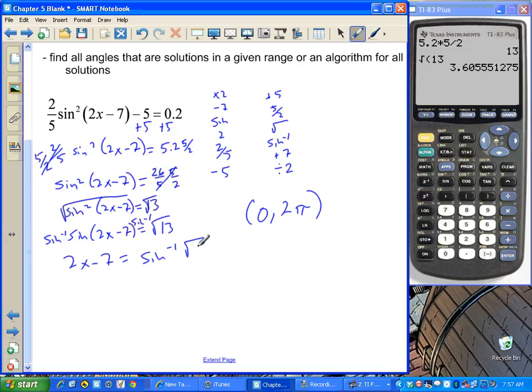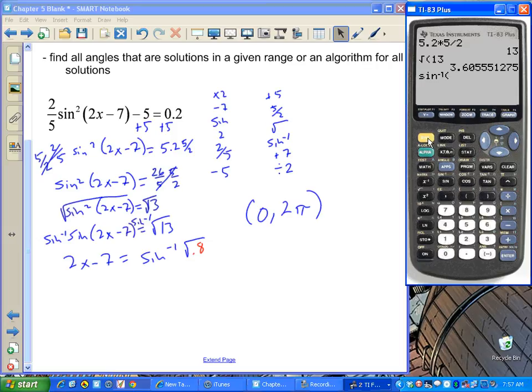Let's say the square root of 0.8, just so we can go through the steps here. So I'm going to do the sine inverse of the square root of 0.8. And I get this. Now this is radian measure. And radians are in pi. Pi is 3.14. And 2 pi